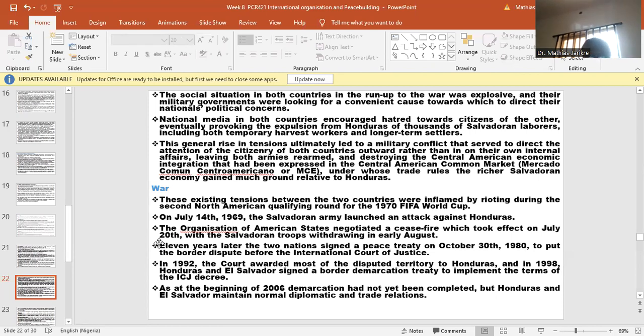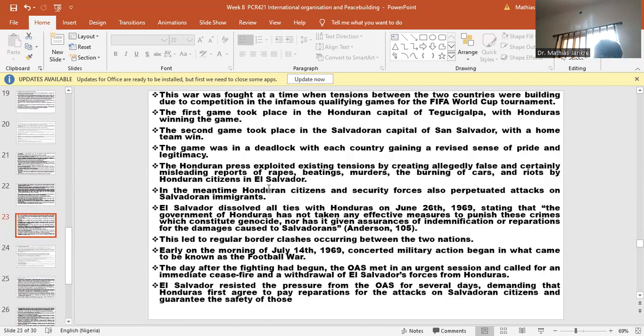In 1992, the court awarded most of the disputed territory to Honduras, and in 1998, Honduras and El Salvador signed another demarcation treaty to implement the terms of the ICJ decree. As at the beginning of 2006, demarcation had not yet been completed, but Honduras and El Salvador maintained normal diplomatic and trade relations. The war was fought at a time when tension between the two countries was building